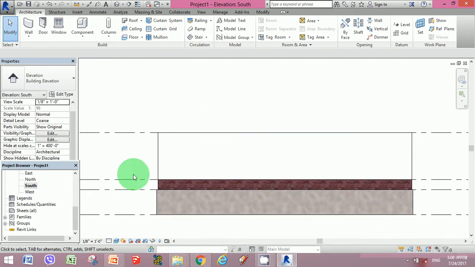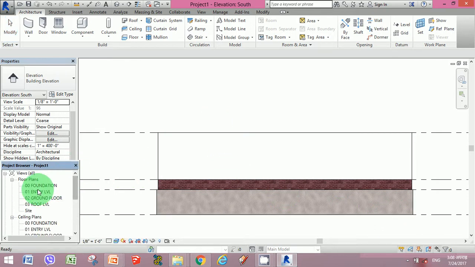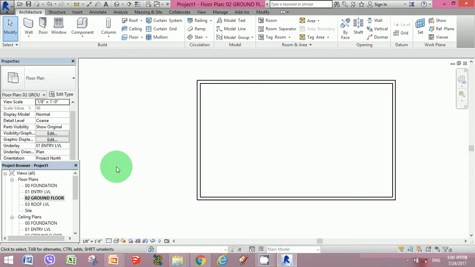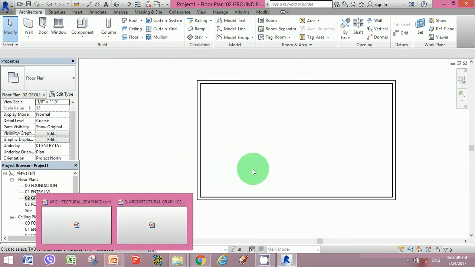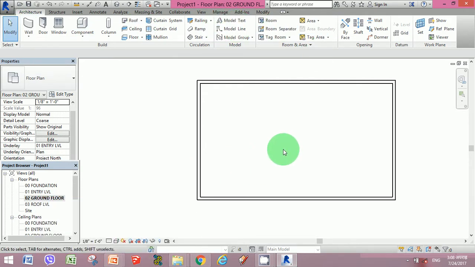Now moving ahead with our designing, let's go to the ground floor level, because we're going to do most of our planning on this ground floor level. Once the ground floor is open, let's add some elements to it. If you require a floor, you add a floor on the entry level.